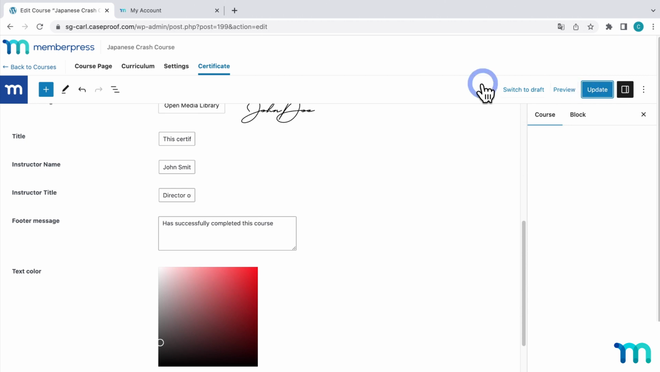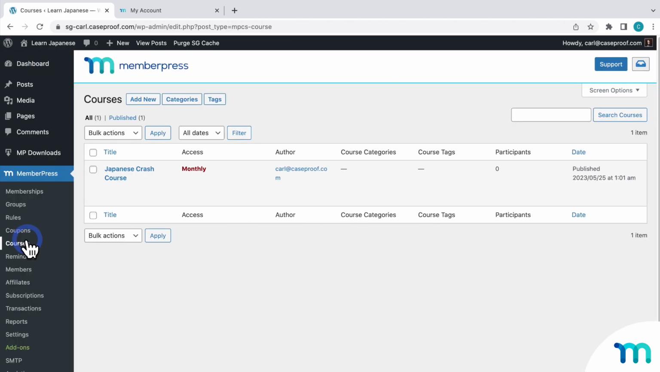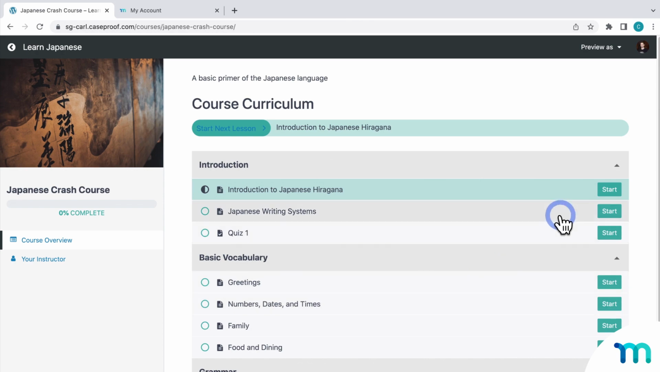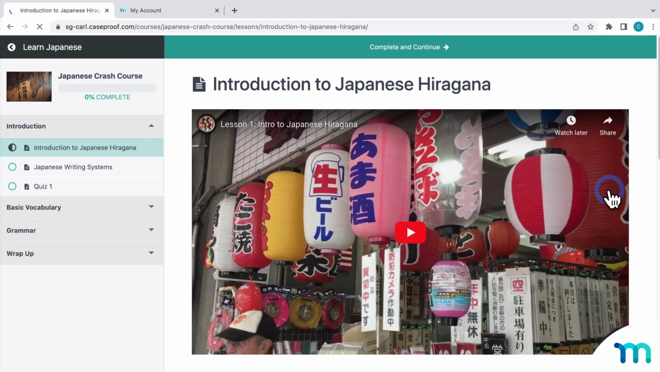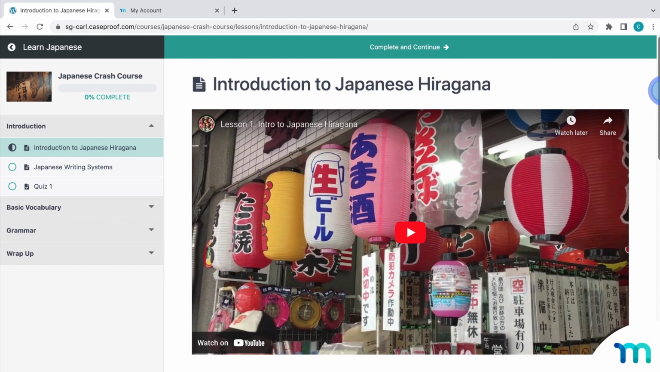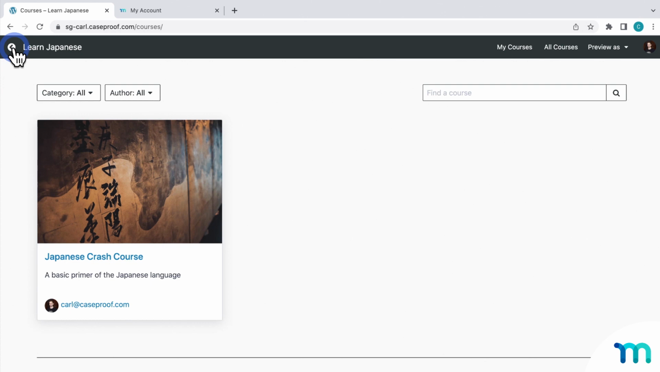Okay, so now my course is all built and ready to go. So to see what it looks like so far, I'll click my course. And here's what it looks like. You see my featured image and all my lessons and quizzes. And then if I click here, here's a lesson. So next I want to customize how all this looks a bit. So heading back to the dashboard,